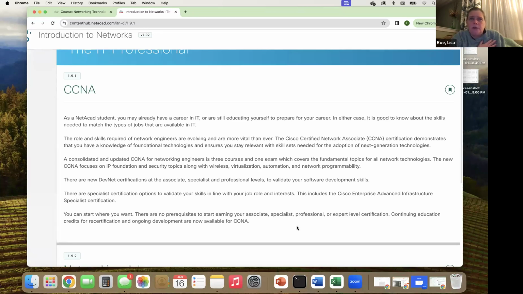If I wanted to enter that field practically, specifically, I would study and get certified in it so that when I enter the field, I have some credentials that allow me to get the opportunity that I'm looking for to then gain that experience. So if you're new to the field, certifications can be very important. They show that you have done the work and understand the concepts and the standards, and you've been able to pass a standardized test that certifies you and gives you a badge that you